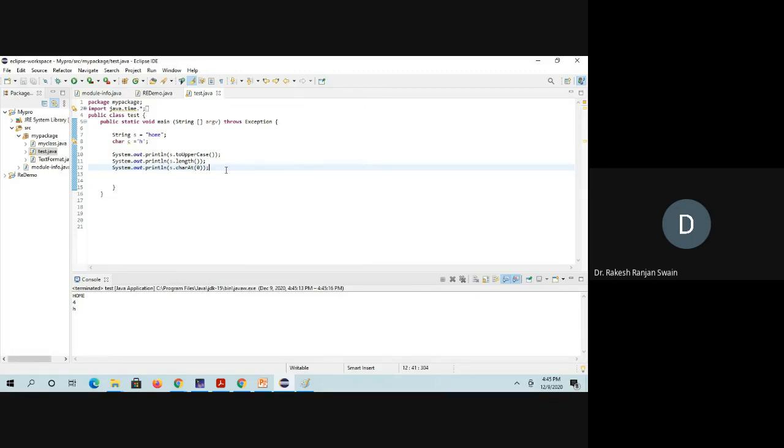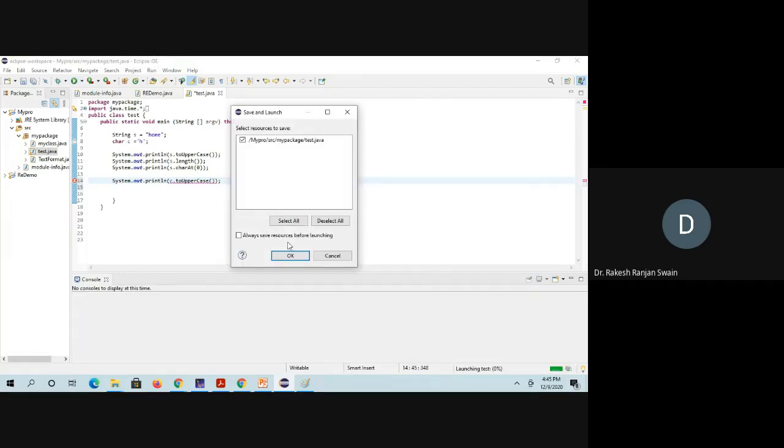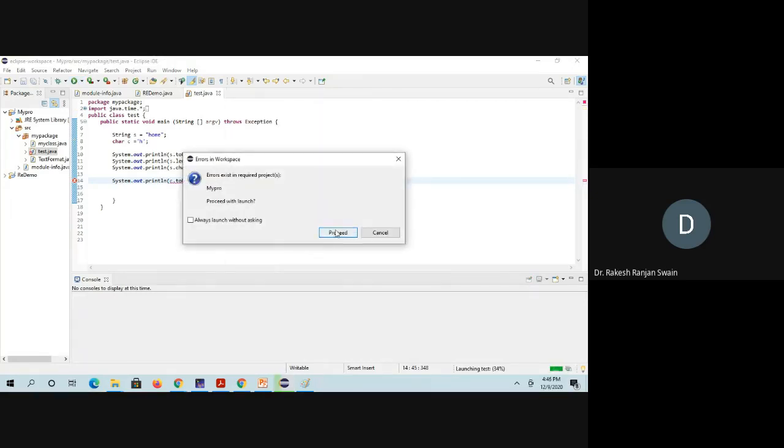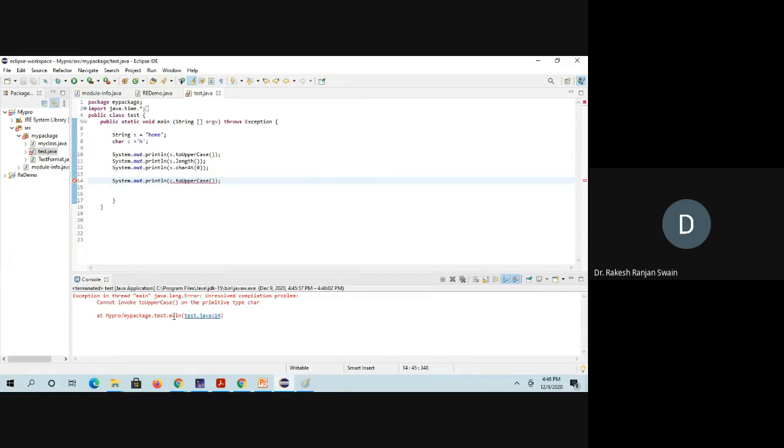But if someone wants to use System.out with the character name c, c.toUpperCase, if I use toUpperCase on the character, now see, an error comes: cannot invoke toUpperCase() on the primitive type char.